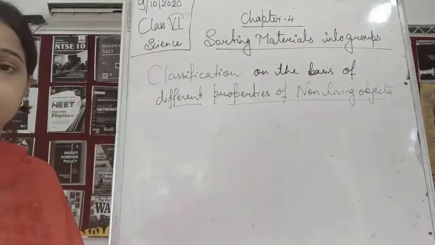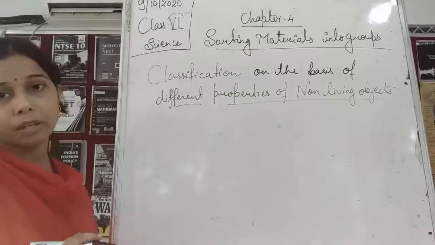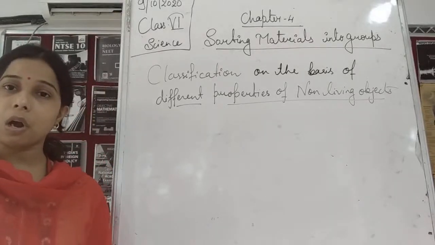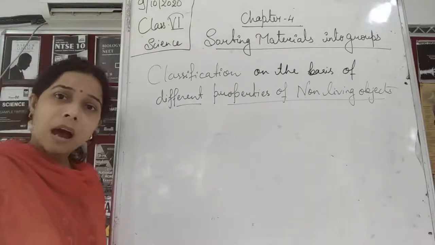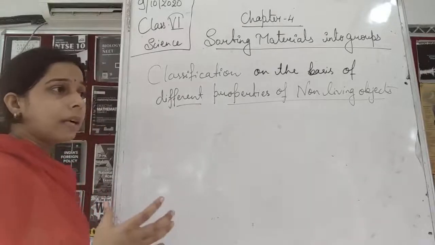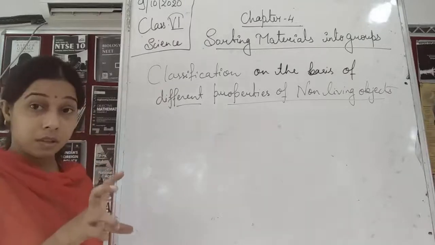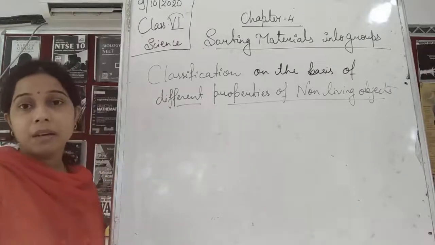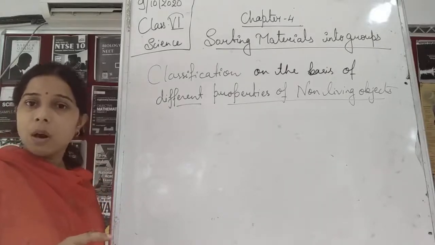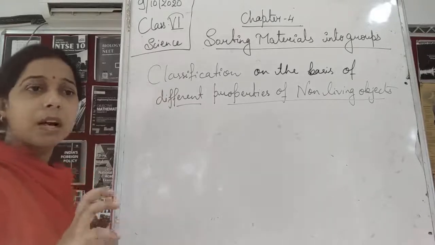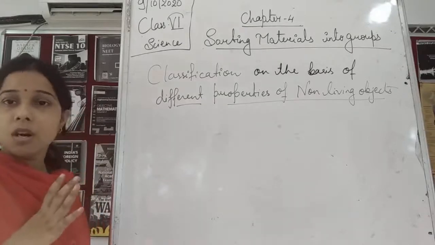See students. So there are a lot of non-living objects. But these non-living objects have been classified into different groups on the basis of their shape. How, students? Some of the objects are rectangles, some are spherical, which is a circle, or a triangle, or a square, or a cube shape, or irregularly shaped. So the first thing is the basis of shape.